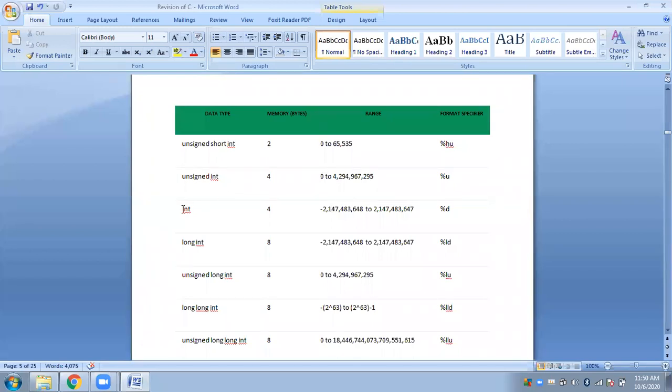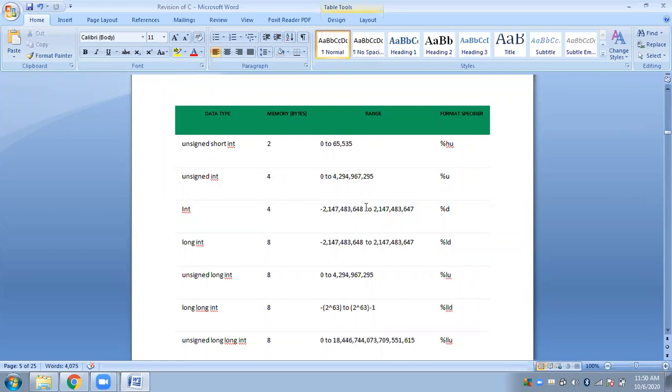Here I gave you one example. This was int, which represents 4 bytes of data in memory. And when you ask me what values we can store using integer type of data, I will simply tell you that you can store all values from this to this. All values lying in this range can be stored using integer type of data.